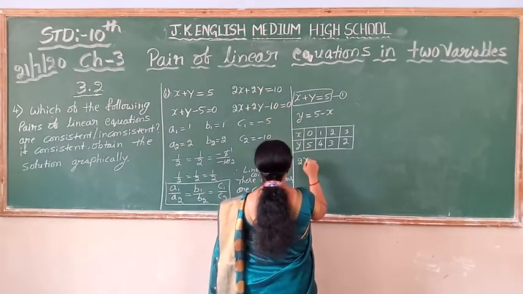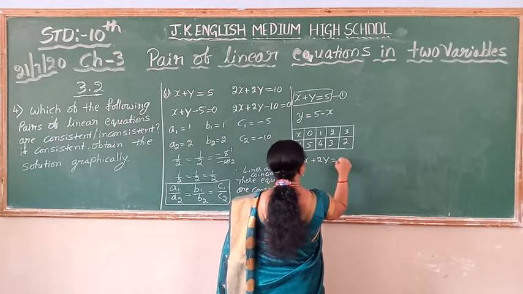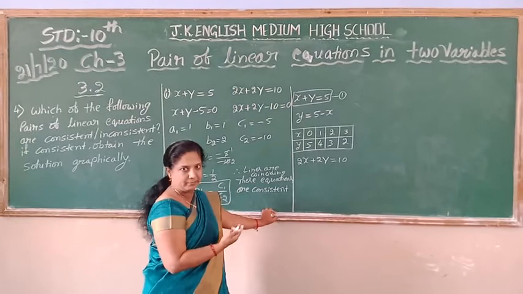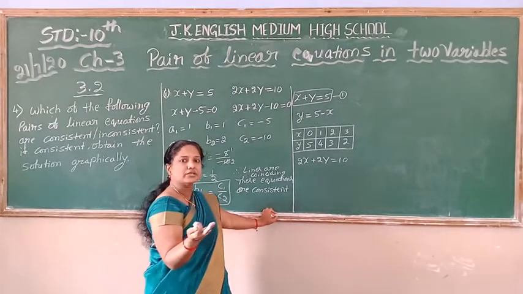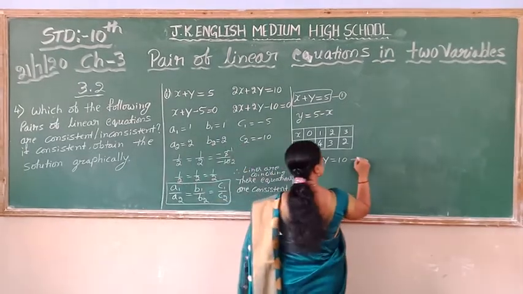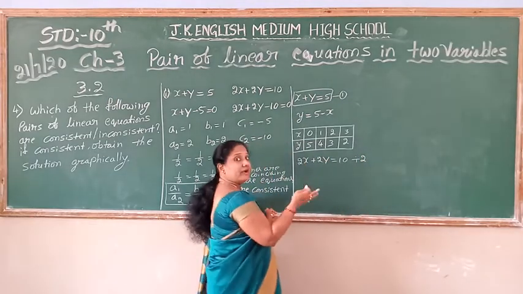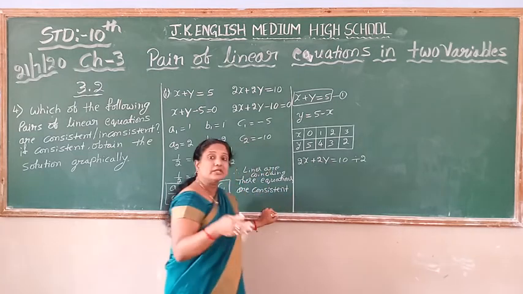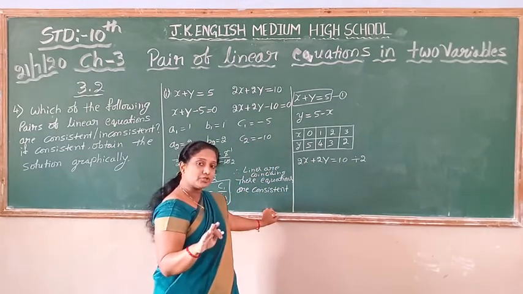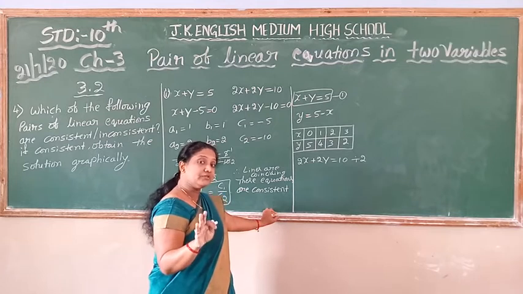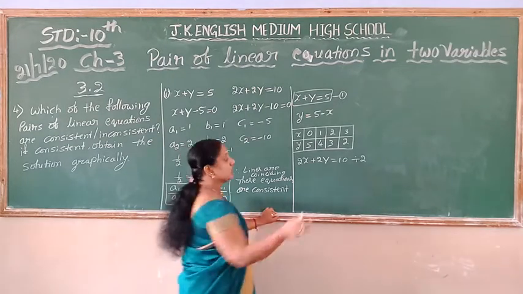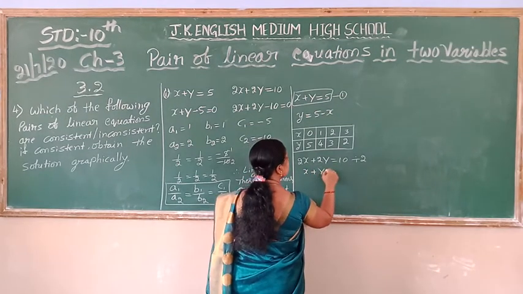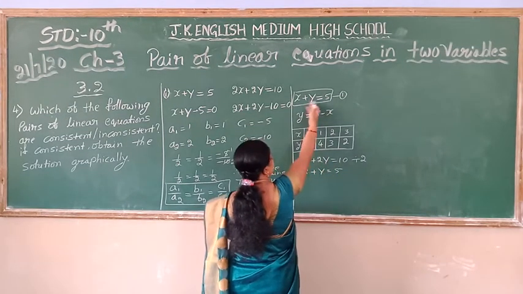Now the second equation, that is 2x plus 2y is equal to 10. You can divide and simplify because all three terms have the same number, that is 2. So you divide this equation by 2. You can divide when the numerical coefficients go in the same table. If all three go in the same table, then we can divide. So now it becomes x plus y is equal to 5. See, the same equation I got.